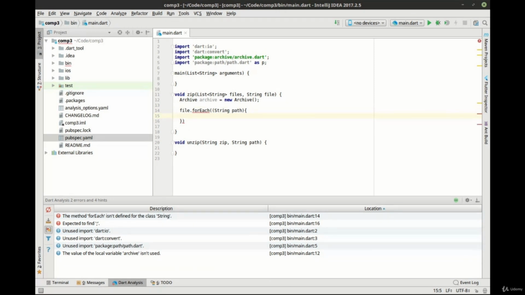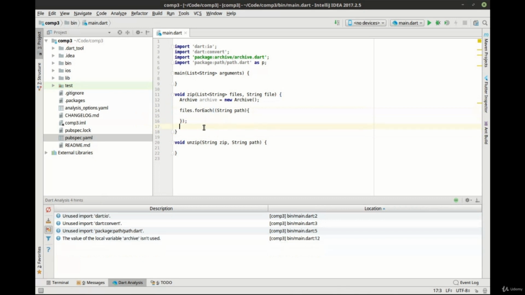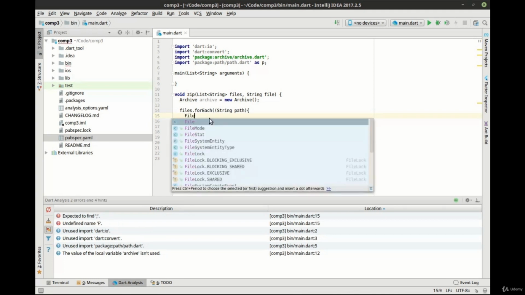Why is that not working here? Oh, that's why. There we go. So IntelliSense didn't die, I just fat fingered it. All right, so files forEach, and then for each string in the list, let's go ahead and do this. What we want to do is add each file. So we're going to say file